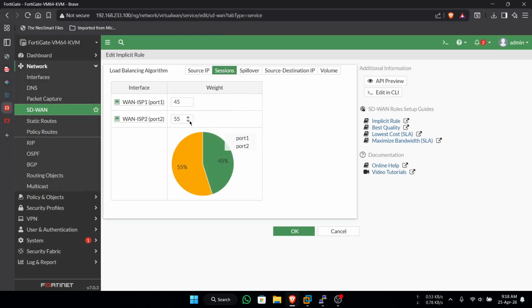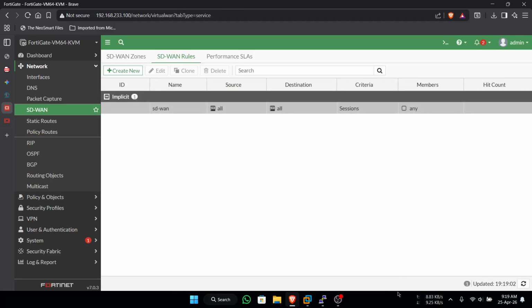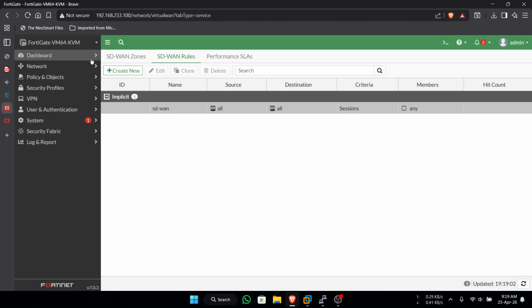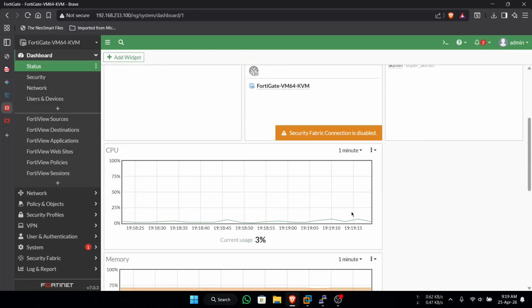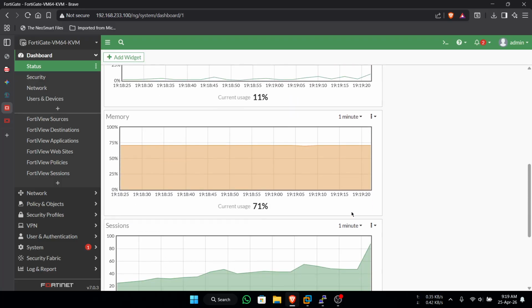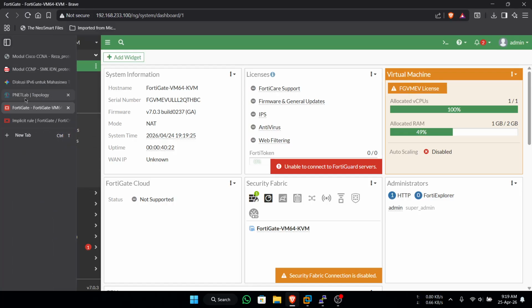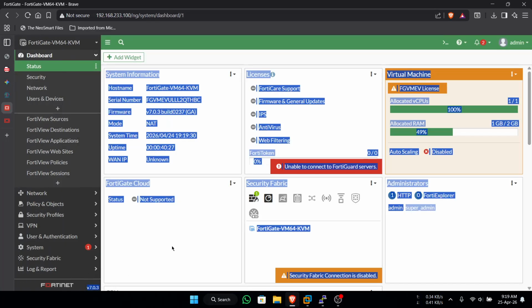And you can experiment with whatever you want here. You can try to choose this option and another, you can try implicit rules, or maybe you can ask an AI agent, so you can have a good explanation about that. Okay, maybe that's from me. This is a basic configuration of SD1 in FortiGate. To download FortiGate, you can download from iShare2 or the internet. There are many versions of FortiGate.